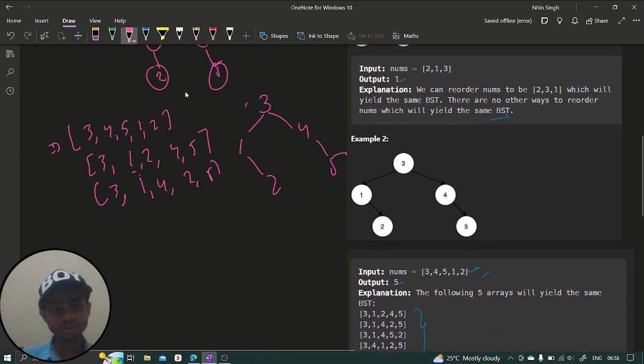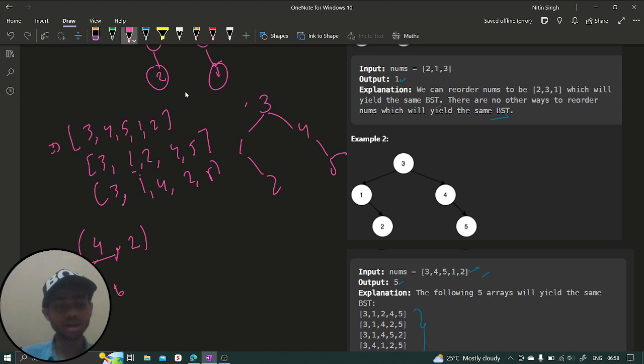So I can say the total values I am having are 4, right? Find out the combination of 4 with 2. Why 2? Because the total lesser values I am having is 2. The lesser values means the values which are less than this root value, meaning 1 and 2 are less than 3, right? So you have to find a combination of this, which is going to result in nothing but